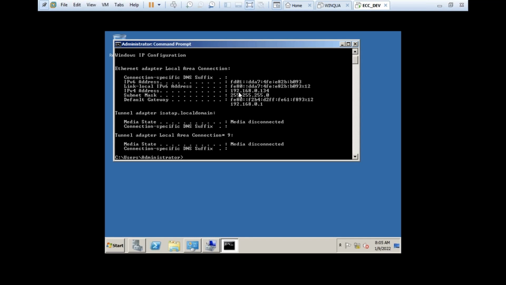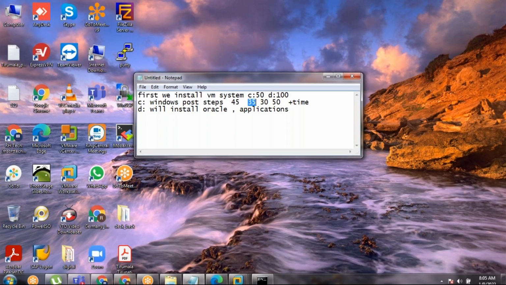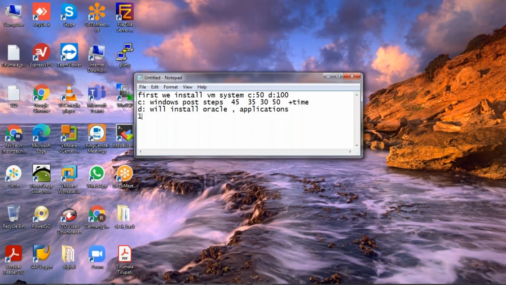So now it gives 192.168.0.134. When you try to copy, first of all you have to copy this 134 and write it down somewhere. 192.168.0.134, the VMware IP.